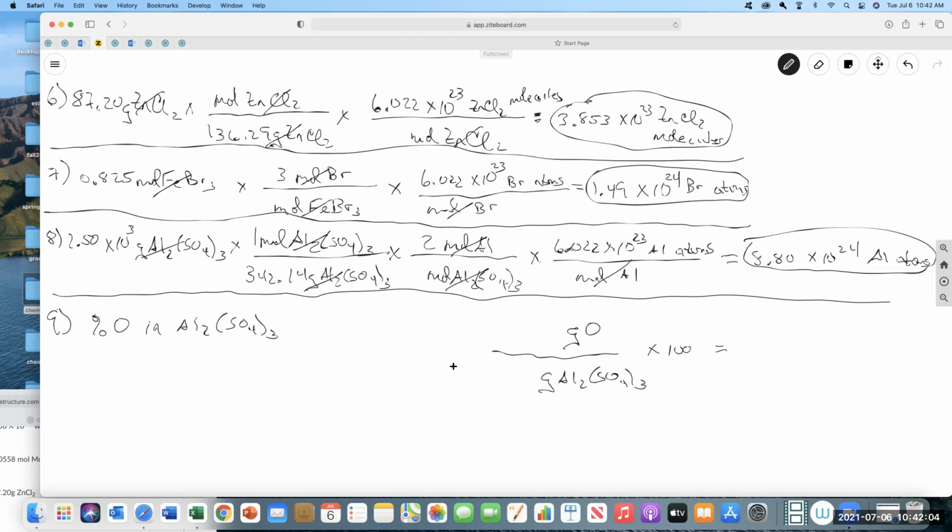Now we'll just do it for 1 mole, to make it easy, because the percent's the same no matter how much. We know that 1 mole of Al2(SO4)3 is 342 grams, because we calculated that up here. Otherwise, you'd have to calculate it. The grams of oxygen, this has 12 oxygens in there. So for the grams of oxygen,